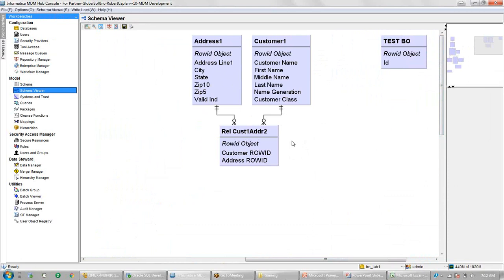This relationship, whatever we have done till now, is between the business tables. Address is my business table, and this is the relationship table that we had created. Every time we go with a business table, we use this option, meaning in the child table, I will create a foreign key column and map it with the row ID object of the parent table.